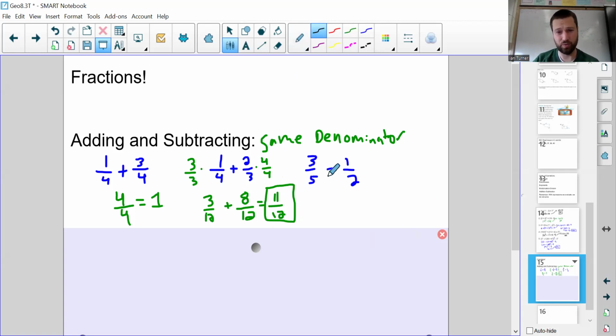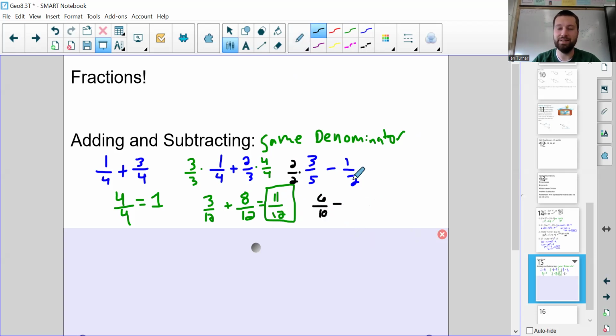Same idea with subtraction. We want to make sure we have the same denominator. 3/5 and 1/2. Tenths make sense to me. So we're going to multiply this one by 2 over 2. Again, that's okay because that's just 1. And we get 6 over 10